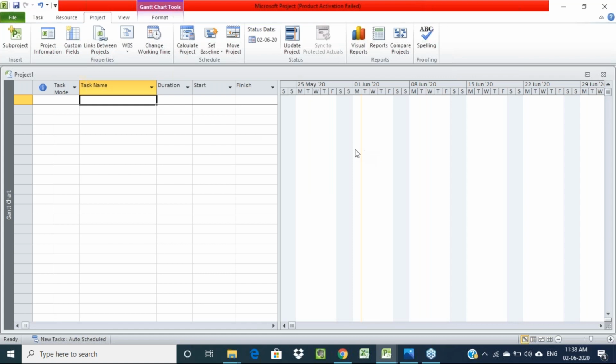That calendar we have to set as a base calendar. For setting the base calendar, whatever you are seeing on this display, the left hand side is an Excel sheet. That is for entering the tasks and resources, and then starting time, finishing time, and predecessors for all those working procedures. On the right side we are going to get one bar chart. Combined together we call it a Gantt chart. Whatever tasks you enter will automatically show on the left side, and on the right side the bar chart will represent them.